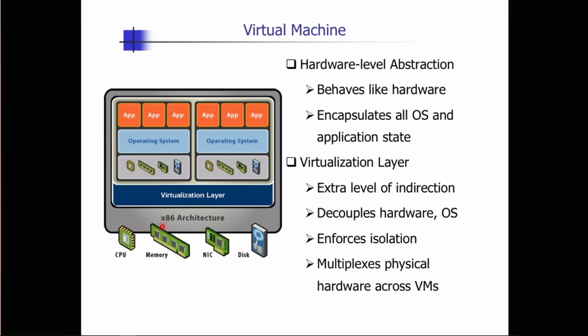So, if you look at this diagram on the left here, we have several applications that are currently running on a particular operating system, and that particular operating system is using certain physical resources. But all of that is a virtual environment. So that is virtual environment one, and we have another virtual environment over here in blue. So each of these are separate operating systems that are essentially sharing physical resources that are available to both those